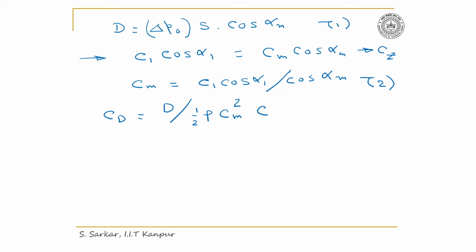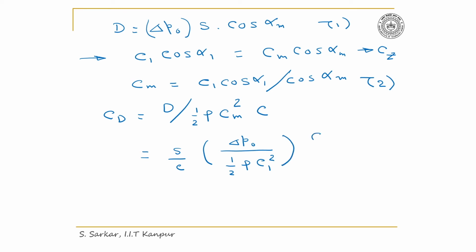Now, from equation 1, you can put the value of drag over here. And from equation 2, you can put the value of Cm. So if you do that, the expression of CD would be S by C into del P0 divided by half rho C1 square